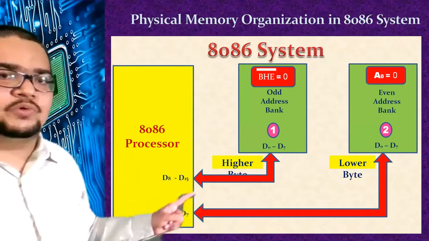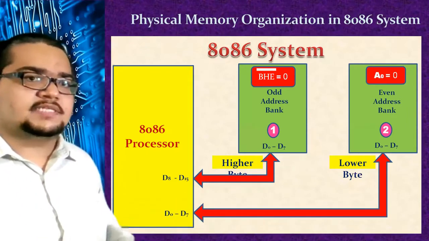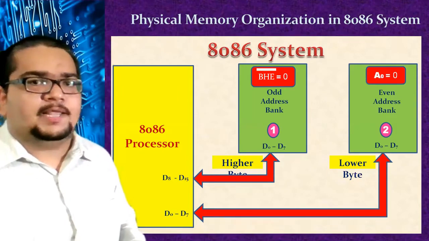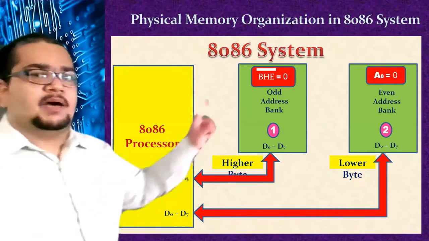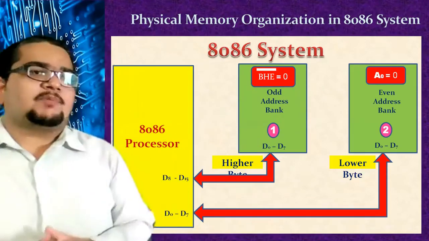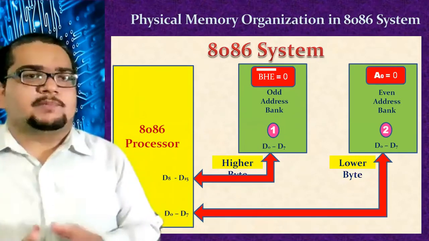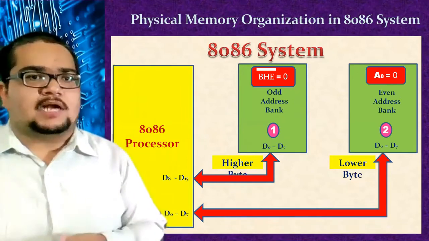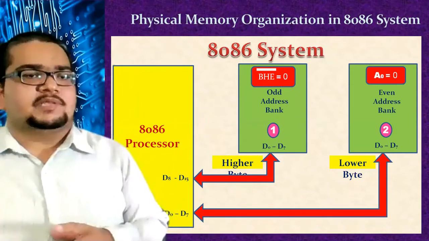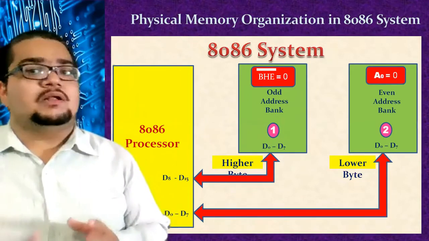Okay, these two red lines are our data bus together. The 16-bit data bus is split into two 8-bit data buses. Okay, and A0 and BHE bar are used for deciding what type of data operation will happen for reading and writing data from the memory between the processor, whether 16-bit data access will be there or 8-bit data access will be there. If it is 8-bit data access, whether the data will be accessed from the lower bank or the higher bank.